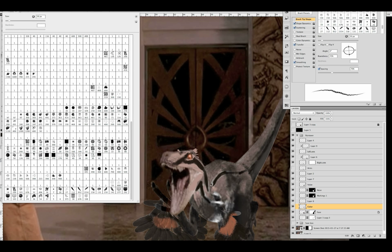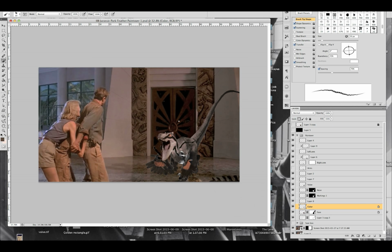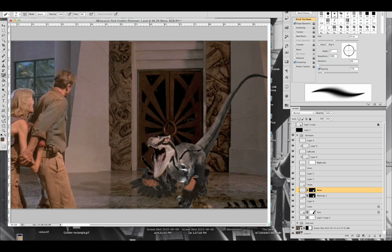There were a lot of scientists who believed that they probably had feathers by that point, and definitely by 1993 there were a lot of scientists and dinosaur enthusiasts who felt that these animals should be covered in feathers, which places this film not on the bleeding edge of science, but 30 years behind, to a time even before the